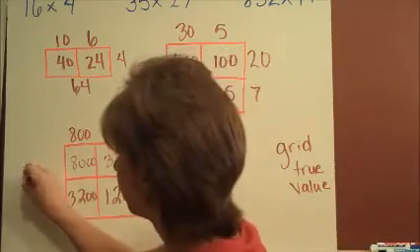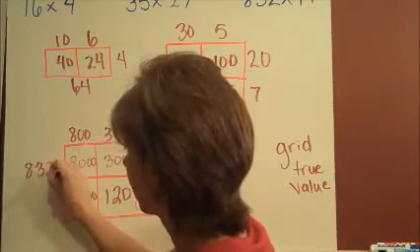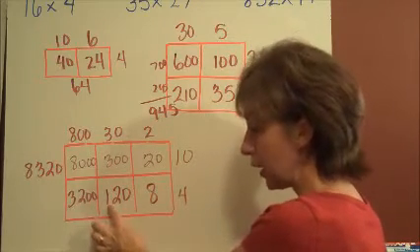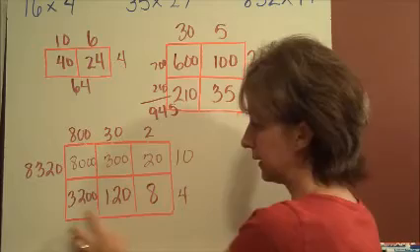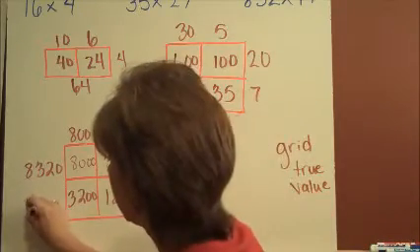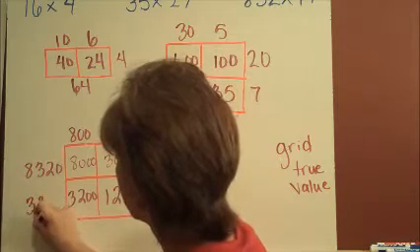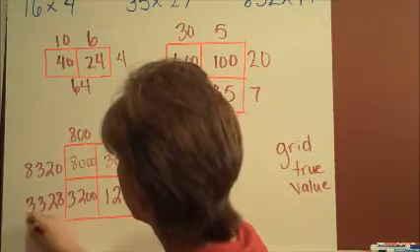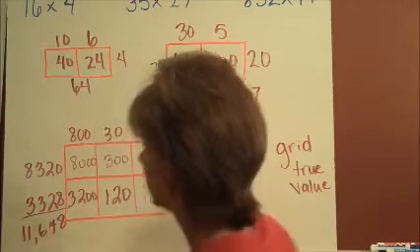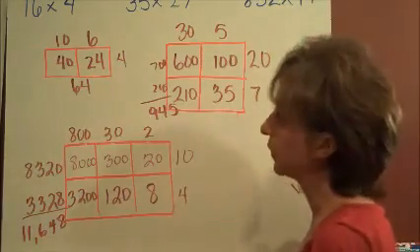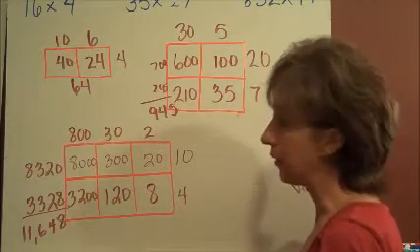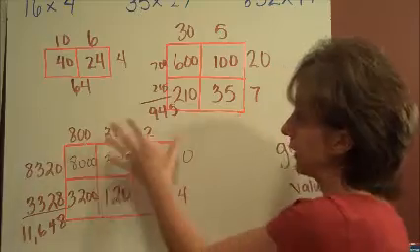8,320. 3,200 plus 128 is 3,328. So my answer is 11,648. I've simply used the true value of the numbers, and from one step to the next, I didn't have